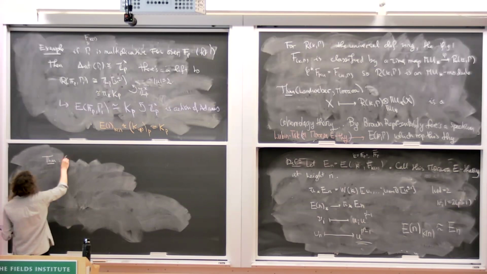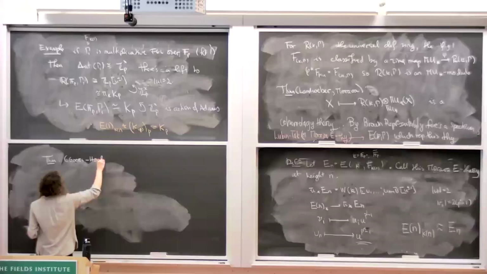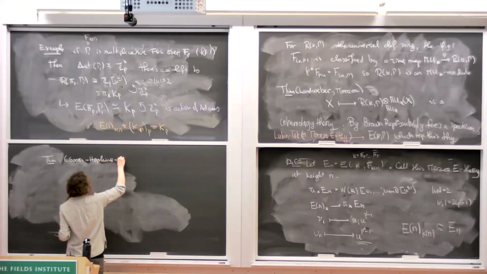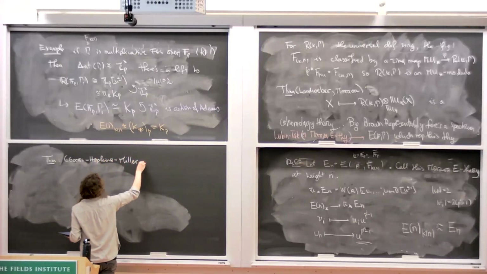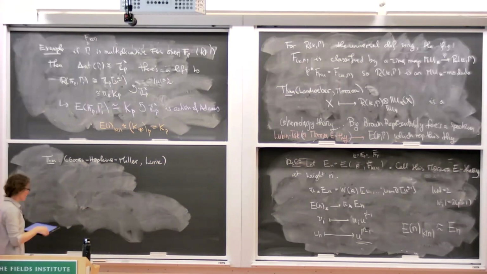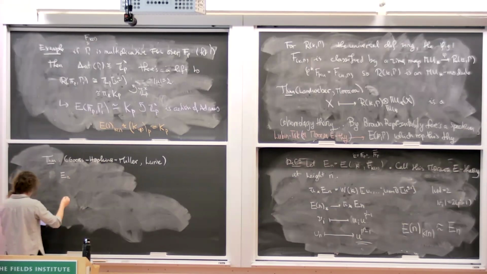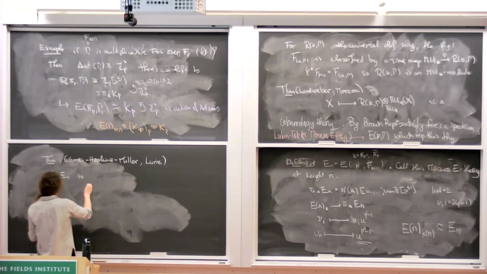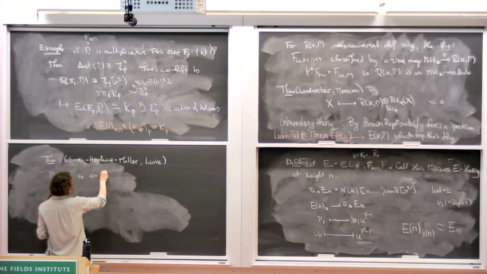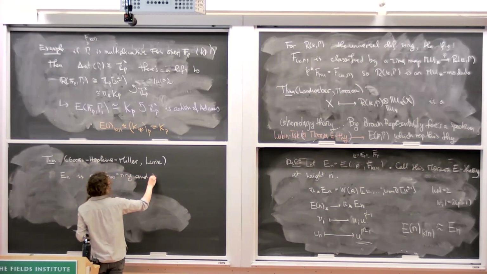Okay, so now this is the Goerss-Hopkins-Miller theorem, and in more generality, parts of it were generalized by Lurie, and the theorem is that En is an E infinity ring, and the action of, okay, so now I'm going to define this to be the automorphism group, the action existing on the homotopy of En